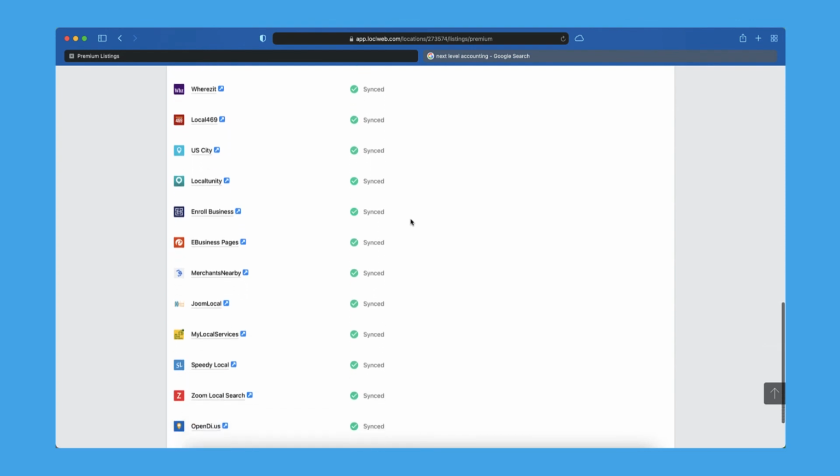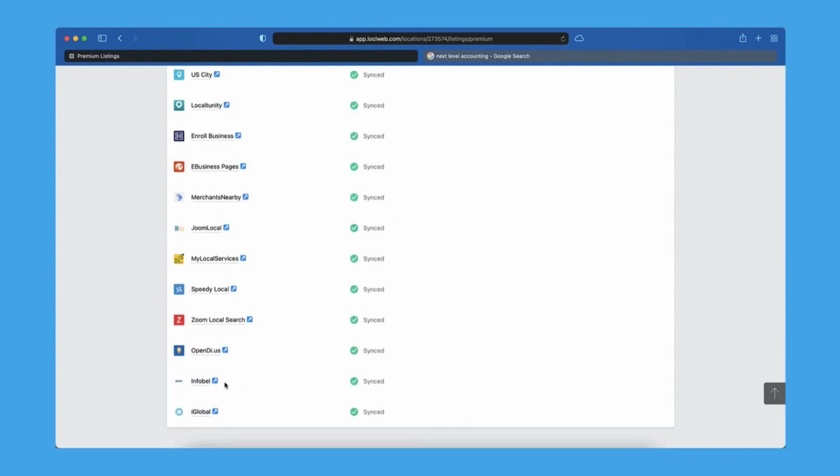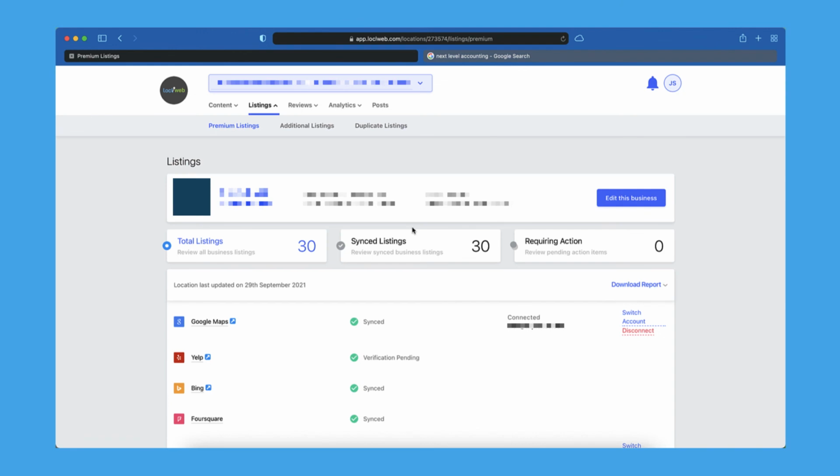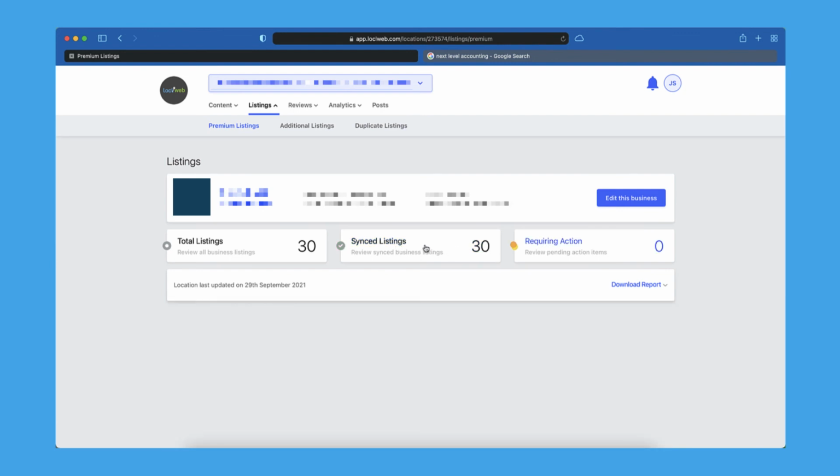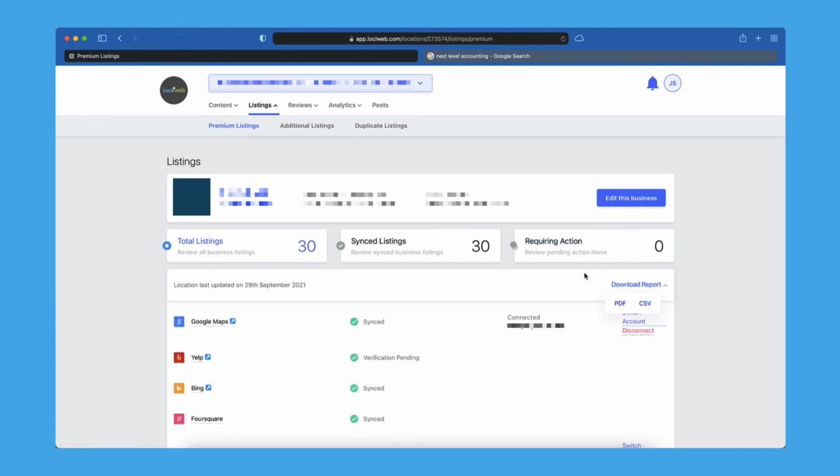And then you can see there's a long list of other sites that are updated, and you can click on any of these to actually go to that business profile. And then if you mouse over any of these, you can see more details on any of these. I did just recently update this, so you'll see some of them are awaiting response. And then if they're not all synced, you can sort it by the synced listings. That's not going to change anything because all of these are synced and there's no required actions. But if I did have required actions, I can click on that and it just shows the required actions ones. And then you can also download a report right here to show which directories you're in.